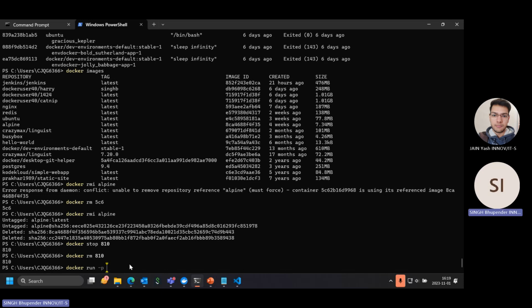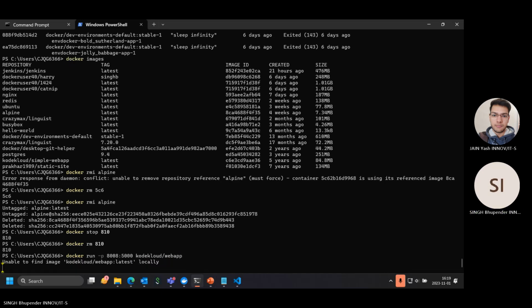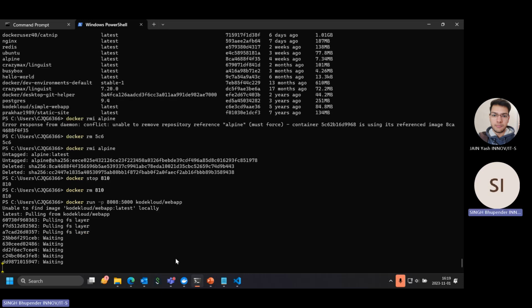If we want to, for example, run it on 8008, and then the port of the container, which I know in this case is 5000, then this web app. Since it cannot find this image locally, it will download it from the internet and install that container.